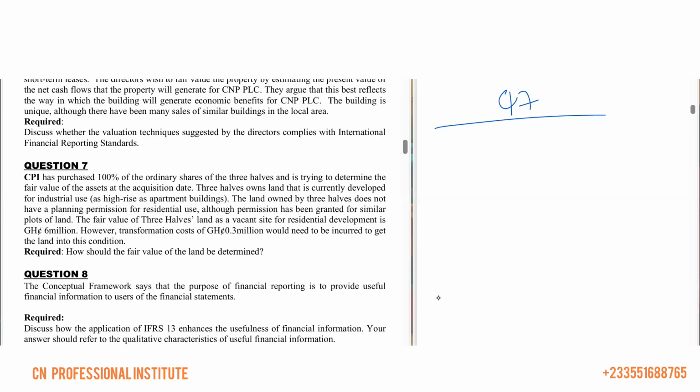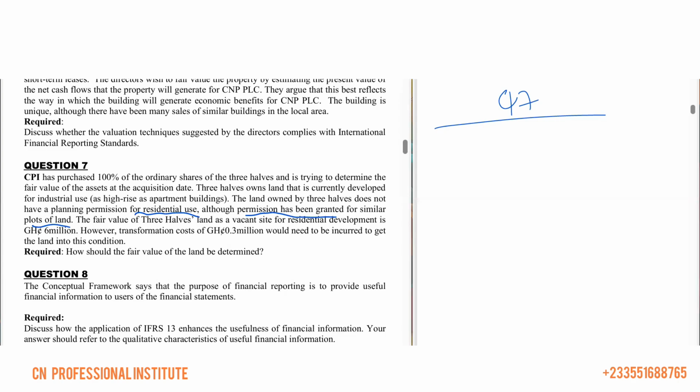And they said we can also use the land for residential purposes, although they've not gotten permission. So the question is, can we go ahead and use the residential value as the fair value? It is yes. Why? We're told that permission has been granted for a similar plot of land, and therefore it's not totally banned. We can get permission. That's why we said the standard says that